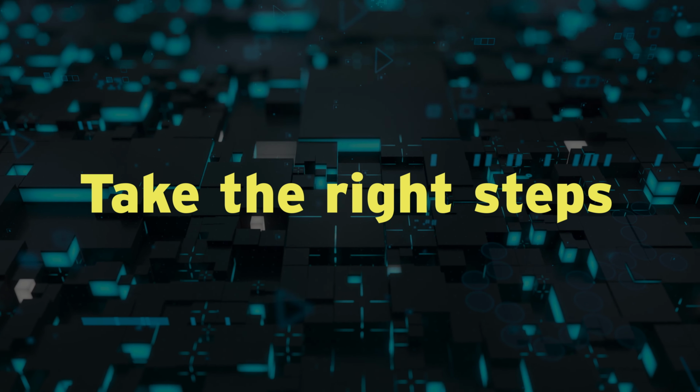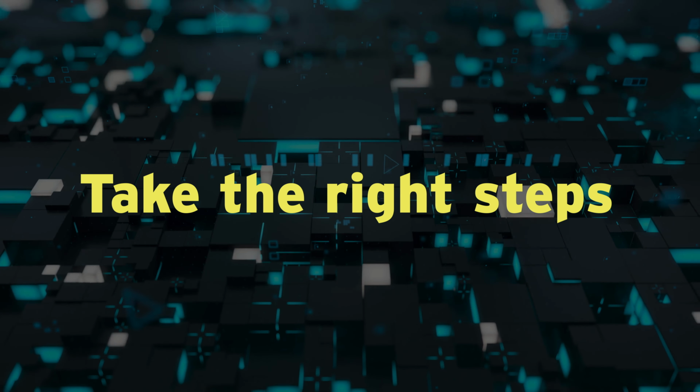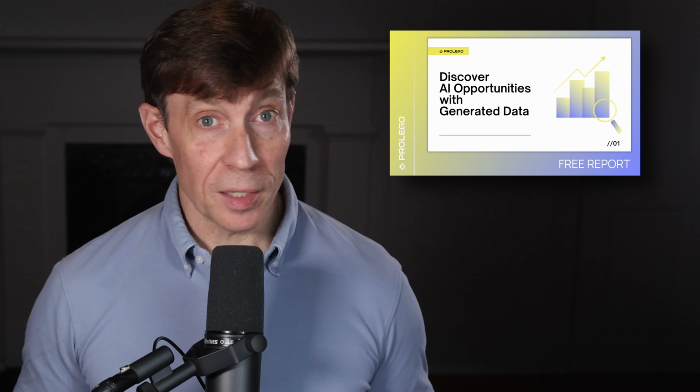Second, take the right steps, beginning with data. Compile a representative set of documents, ideally at least 50 examples. If you can't use real data, you can start by generating it. Download our free generating data guide at